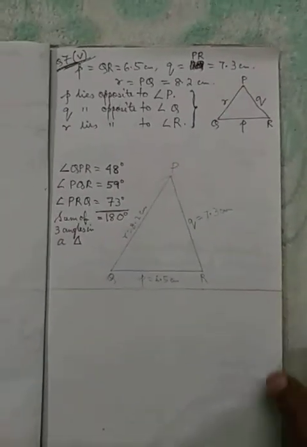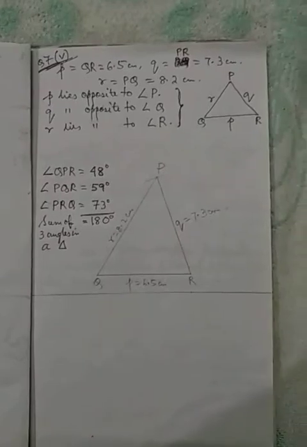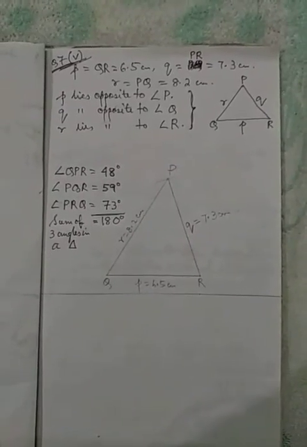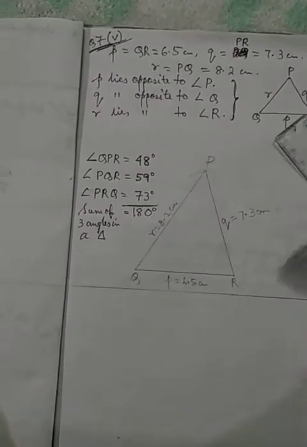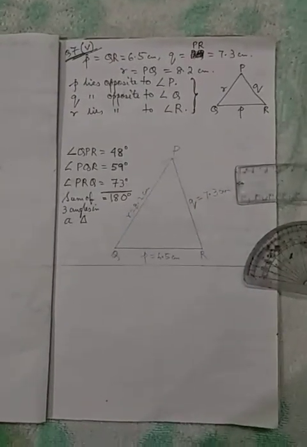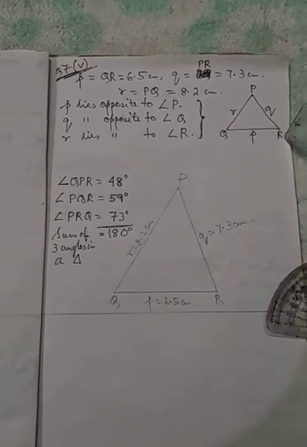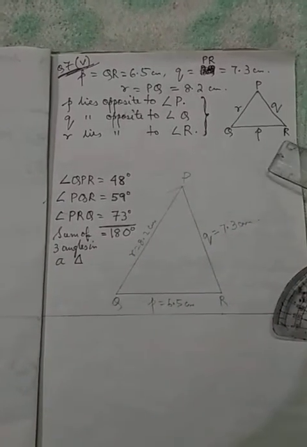So students, let us take question number 7, the fifth one. There you see, you are given the values of small p, q, r. You have to construct a triangle where you are given small p, q and r. So make a rough figure, okay? Make a rough figure of what is triangle capital P, Q, R.